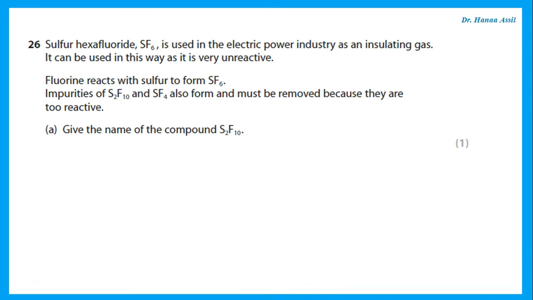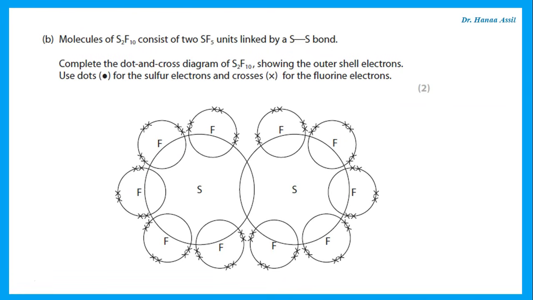In order to name it, the name would be disulfur decafluoride. From decane, anything that's 10 is deca. So this is 2 sulfurs and 10 fluorines, disulfur decafluoride. Then we have this, and we're told to complete the dot and cross diagram for S2F10, showing the outer